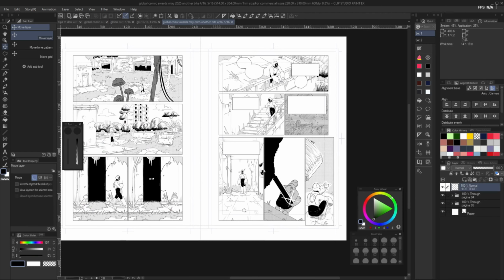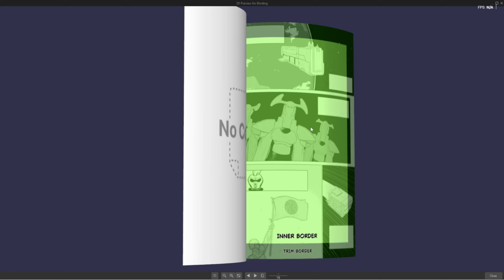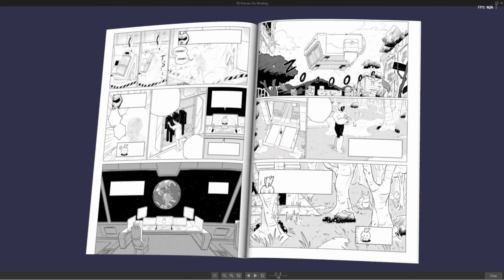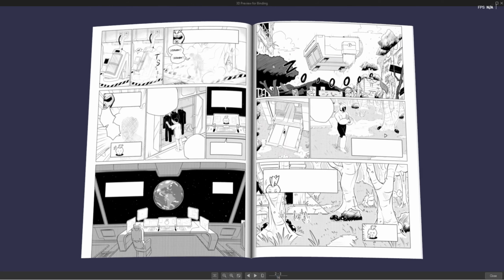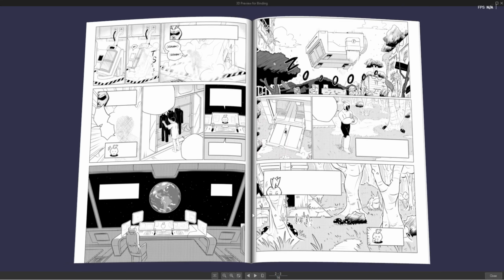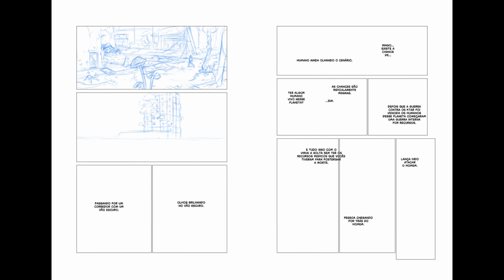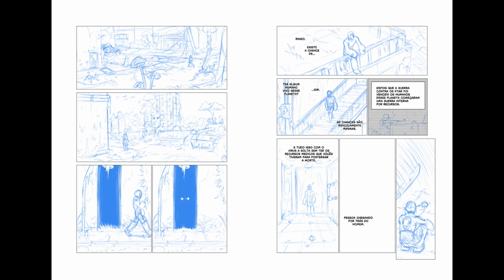My next tip is to draw using double page spreads. This idea may be a bit forgotten today in the era of digital reading, but reading physical comics, we are always getting glimpses or spoilers of the next page through the double page spread. That may sound like a downside, but you can use it to your advantage to build tension across the two pages, making readers eager to turn the page. Think about it, building tension across the double page spread is much harder if you deal with each page separately. That's why I recommend always planning and drawing with double page spreads in mind.